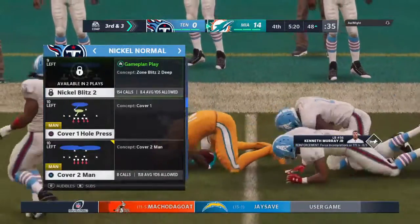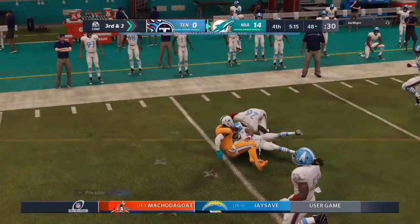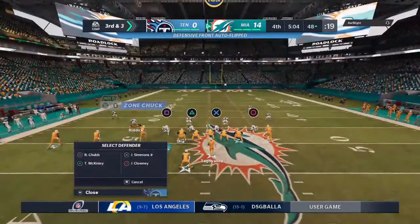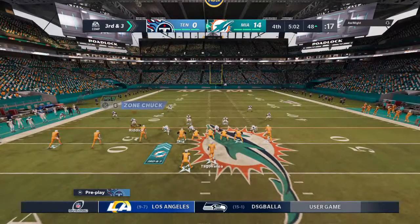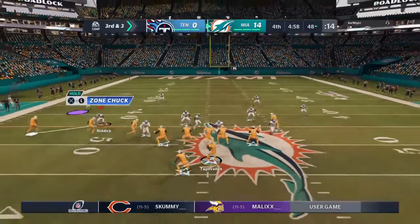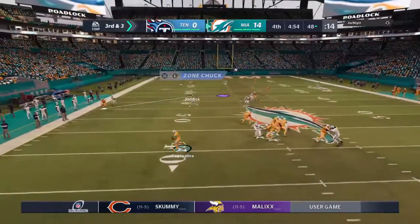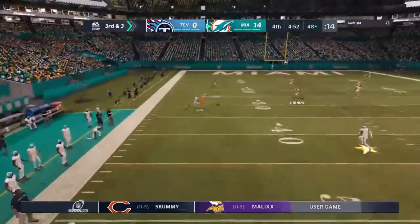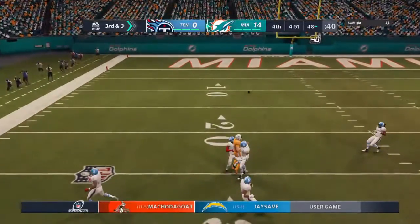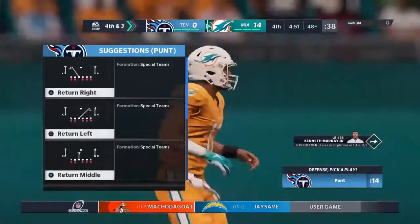And 3. Here we go. Now Tua, buying time to his left. And that is incomplete. That one brought back a few nightmares because when a quarterback gets outside of the pocket,